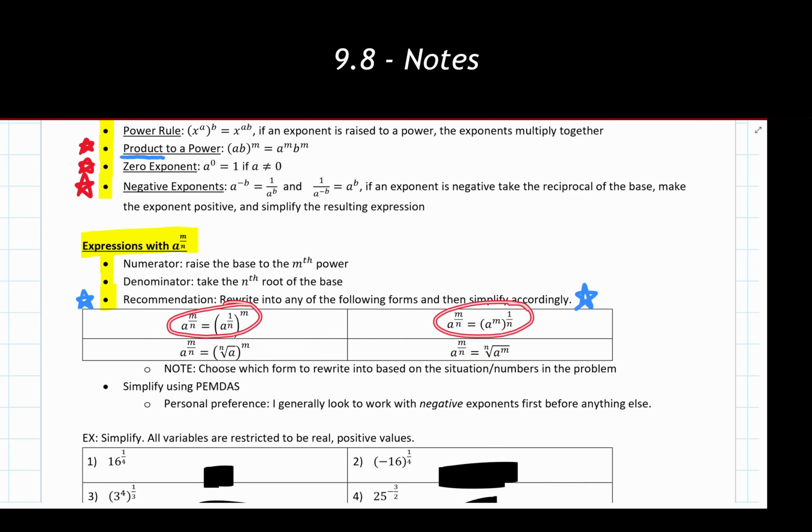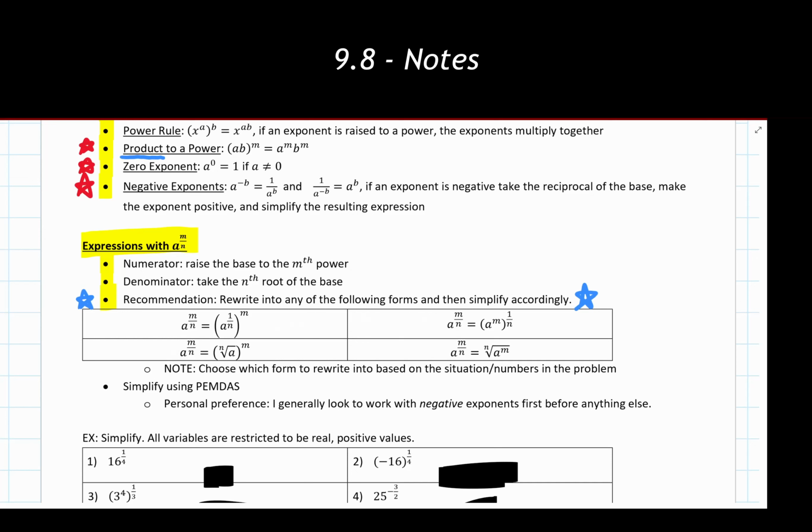So really, again, it's your choice on which of the four you want to use, but feel comfortable with identifying the exponent and the index of the radical and rewriting them as necessary. Maybe you have something starting in this form here, and you want to rewrite it into the form that we have up here. Nothing says you can't do that, and you are welcome to do so, if that would make the numbers and the problem easier for you.